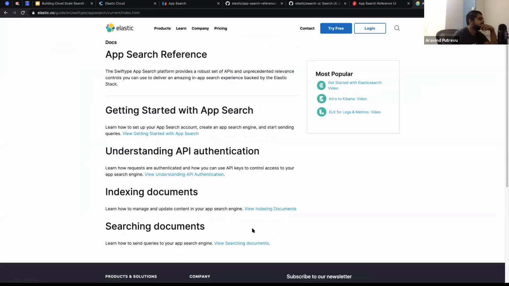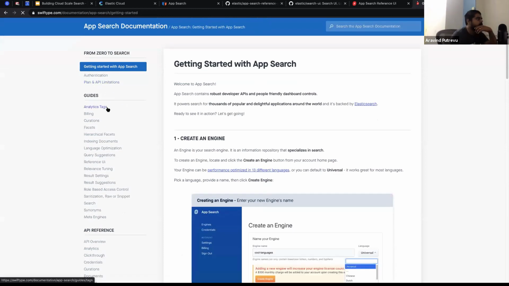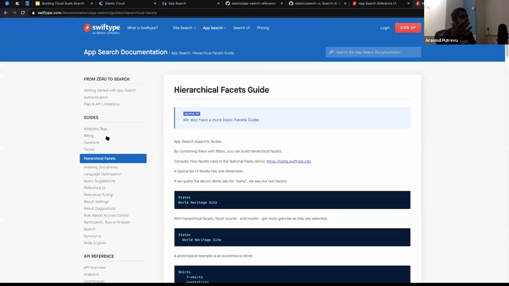So then there is this guide, where you would simply be able to do some hierarchical facets, like what you were telling, say, sort a particular field in a specific format, and do some sort of things. But I would definitely say that it is not something like your regular Elasticsearch,